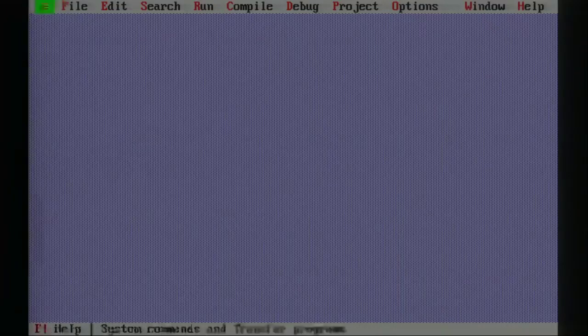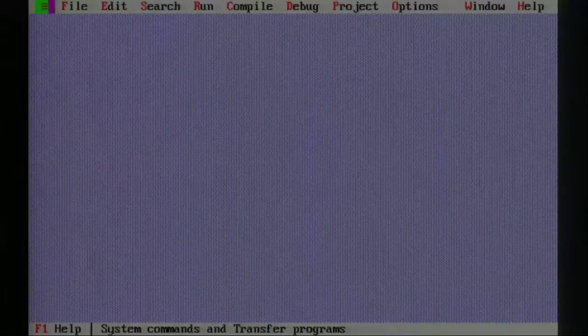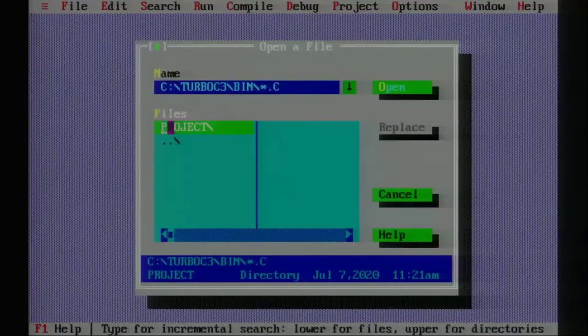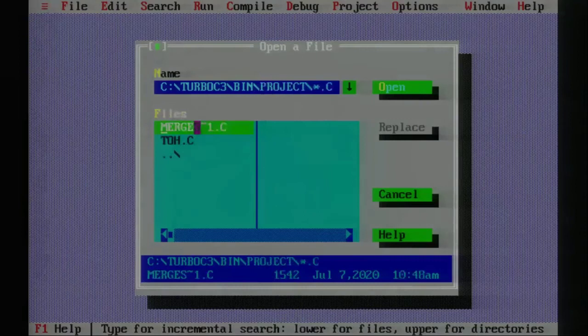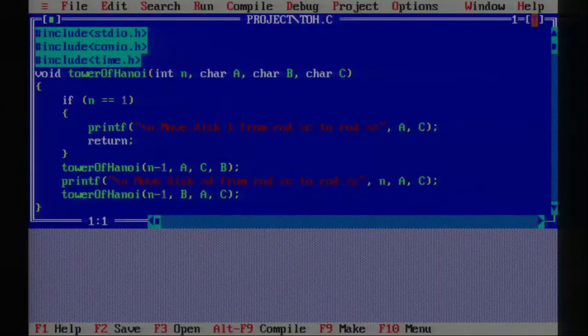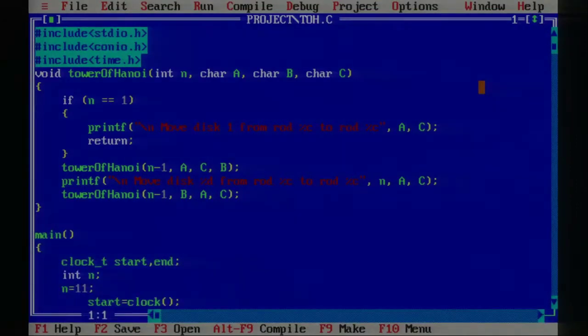So here I'm using Turbo C++. You can use any IDE that you want. Alright. So I'll just open the program for Tower of Hanoi. So this is the program for Tower of Hanoi. It's a C program. So the first step is to include header files, which we already know, stdio.h